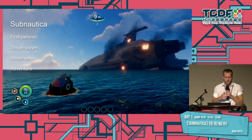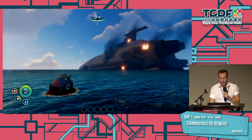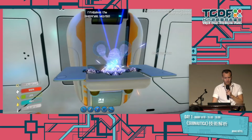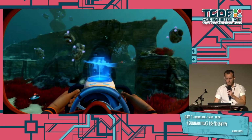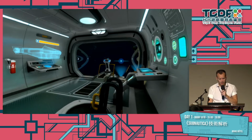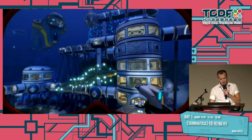First of all, what is Subnautica? Subnautica is a first-person, single-player underwater adventure. You crash land on an alien planet. You dive in and you scavenge resources. You craft and build things to survive. You construct tools like this little sea glide and vehicles, and you pilot the vehicles, and you build habitats, and